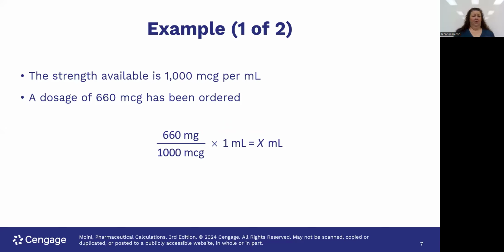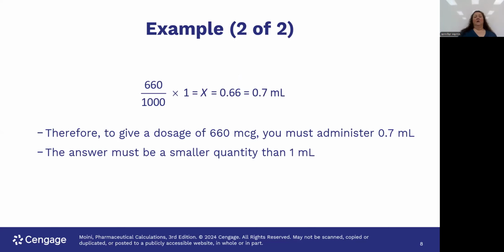They give us an example here where the strength available is 1,000 micrograms per milliliter, and the dose that has been ordered is 660 micrograms. So we're going to take the desired dose, 660, and plug that into where the D was in the formula. We take what we have, which is the 1,000 micrograms, and plug that in where the H was. What I have is per milliliter, so we're going to multiply all of that times 1 ml. So 660 divided by 1,000 times 1 equals